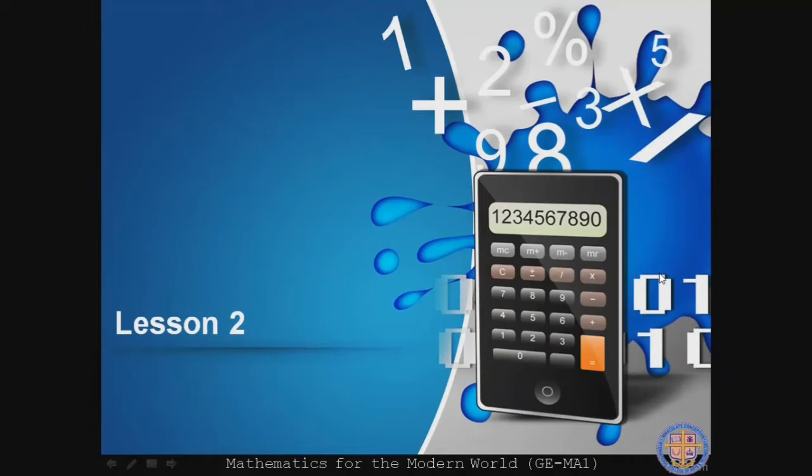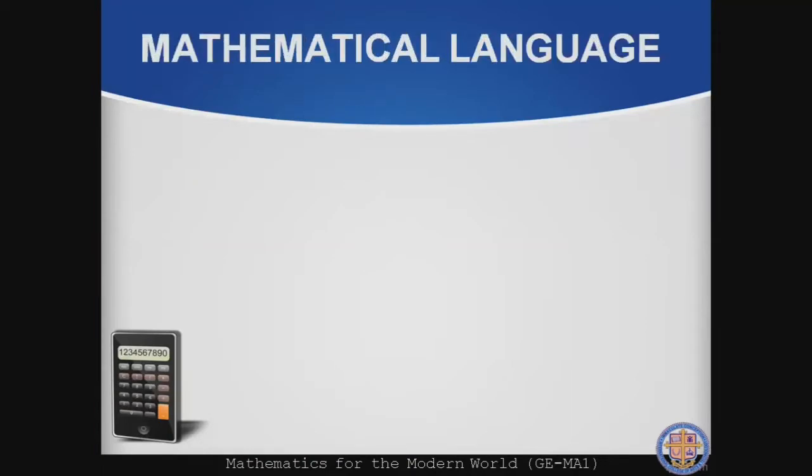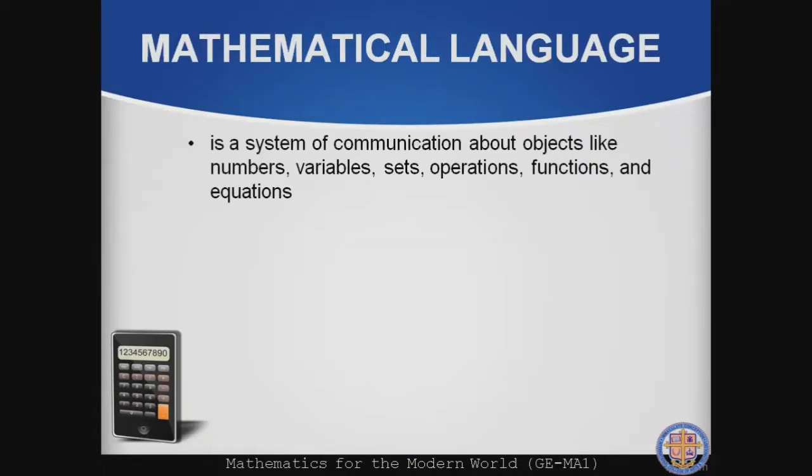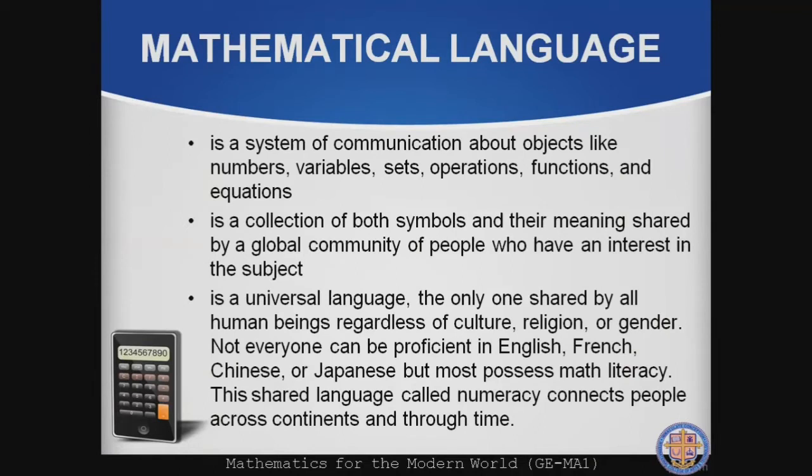Lesson number 2, Mathematical Language and Symbol, Mathematical Logic. So, what is a mathematical language? It is a system of communication about objects like numbers, variables, sets, operations, functions, and equations. It's a collection of both symbols and their meaning shared by a global community of people who have an interest in the subject. It is a universal language, the only one shared by all human beings, regardless of culture, religion,